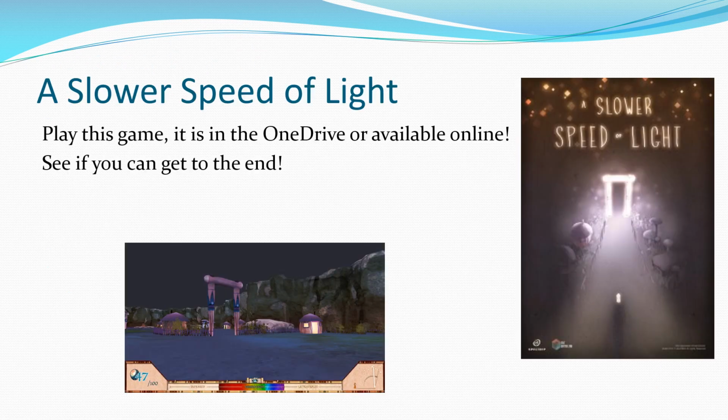Now, there is a game online called A Slower Speed of Light. There's some images there. This one here is what it actually looks like. It's actually a game. That's the cover image for it. You can Google it online, find an example of it. Otherwise, it's in the OneDrive if you happen to be fortunate enough to be in my class. How lucky are you? Basically, it's a game where we manipulate the speed of light, and it starts